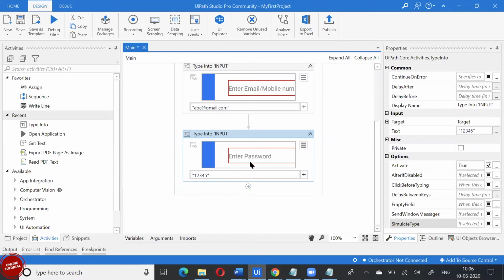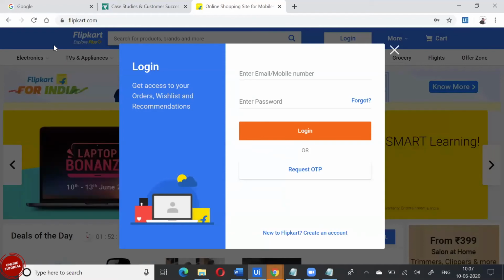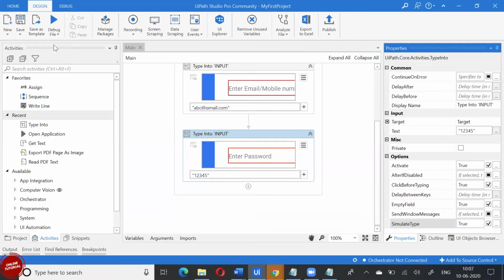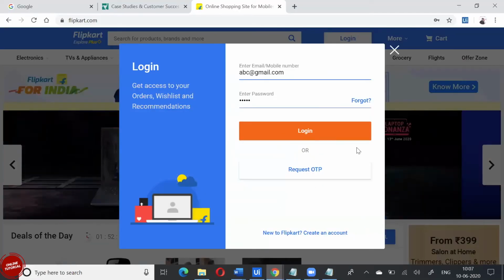We'll come to that later in Orchestrator, but for the time being I'm directly passing the value. Now if I execute my process, it will start typing there on the screen. This way you are supposed to design the process wherein you log into the application and proceed further.